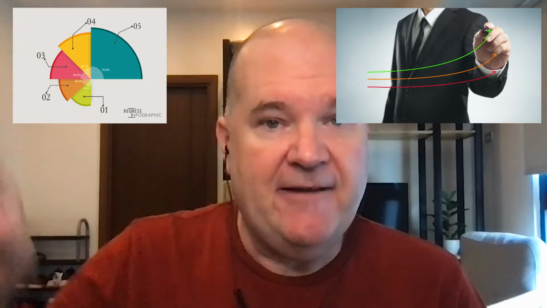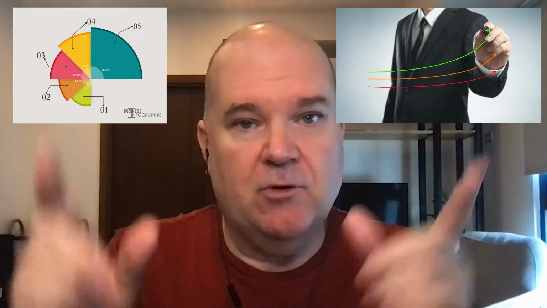So maybe I use a pie chart, a line graph. Maybe I use some kind of visual where I'm showing them numbers to back up the fact that 66% of my customers stick around for at least 1 year. That gives me validity because a lot of people, when they look to hire a virtual assistant, know it's not going to be easy. They know that there's a lot of turnover. It's hard to find a VA they can trust.